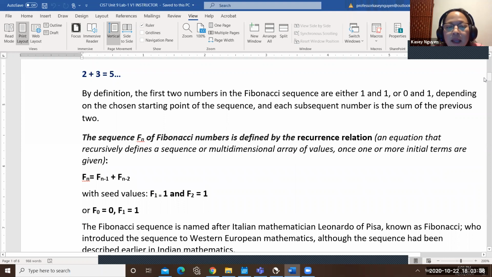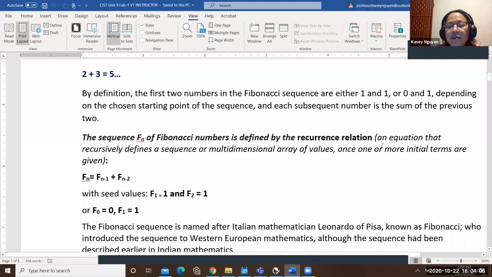Here it talks about how the sequence is defined, and we would use a recurrence relation, in which, for a sequence, we can use an array, or we can even use variables to achieve the next number that's going to be placed in the sequence by adding the previous two.